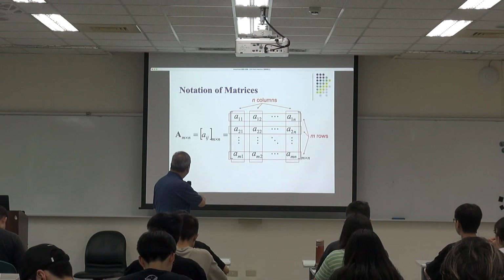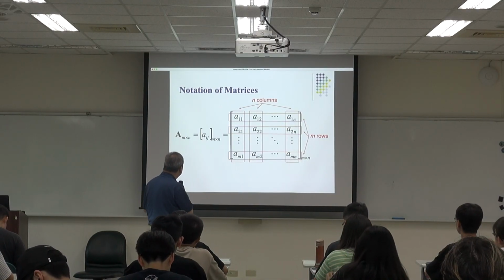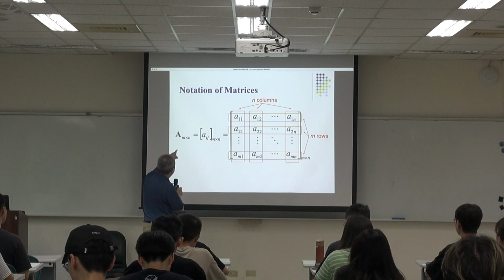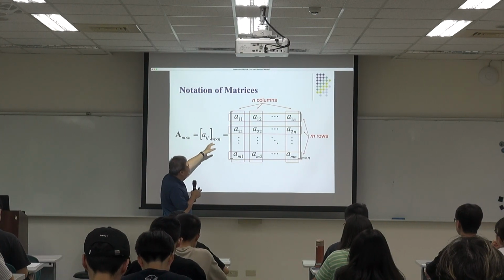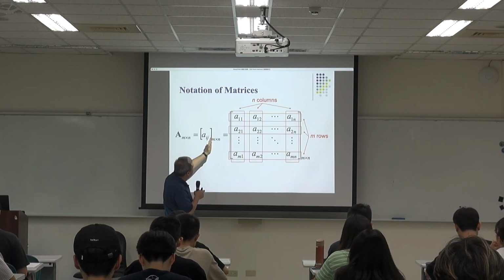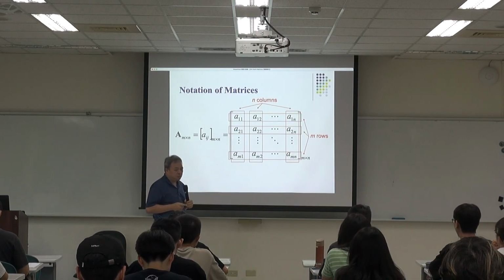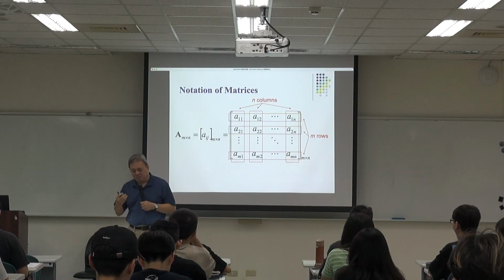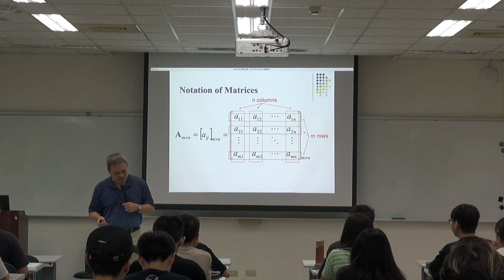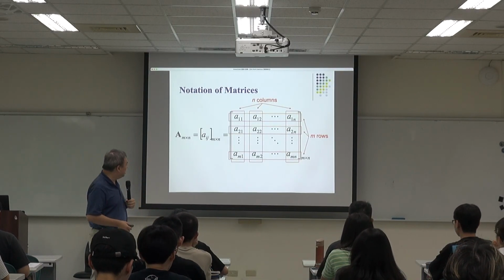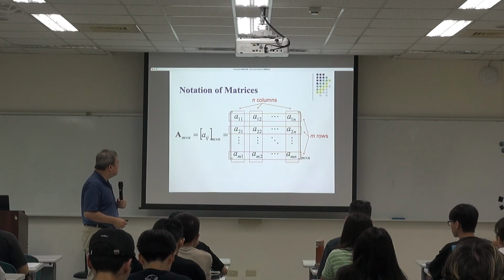So it's an m times n, where m represents the number of rows, n represents the number of columns. So I even mentioned to you last week that the translation of the row and the column